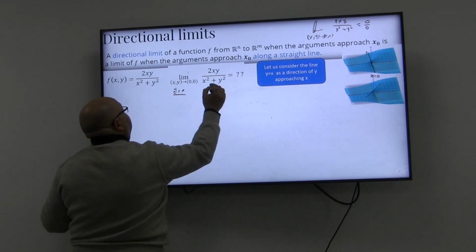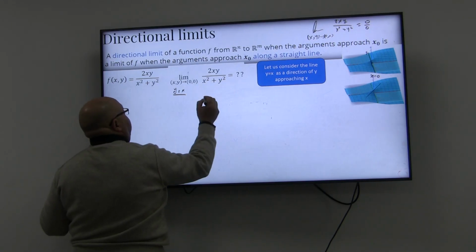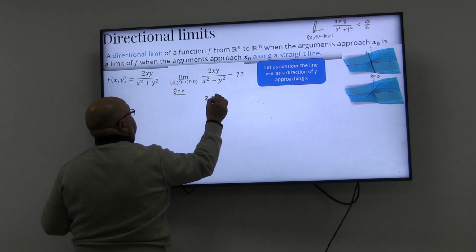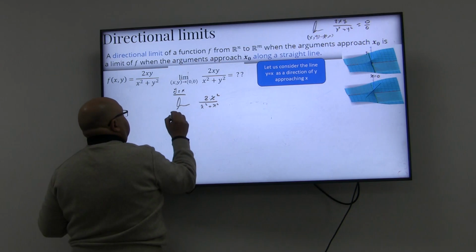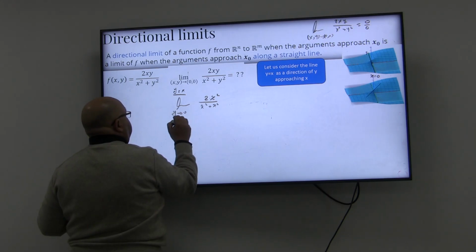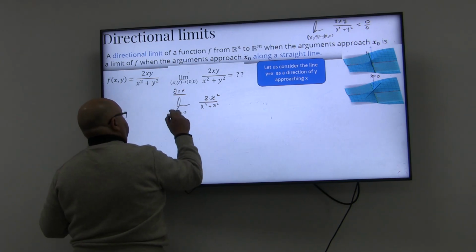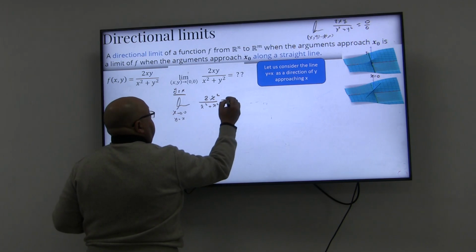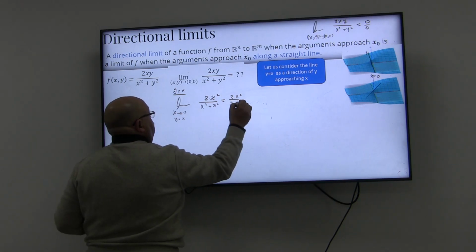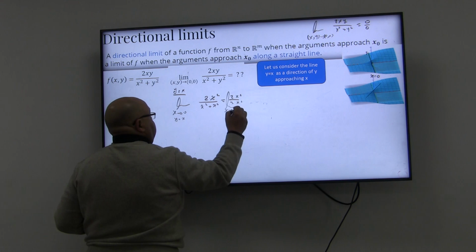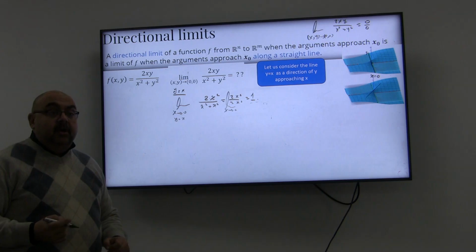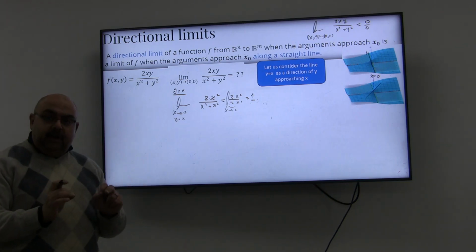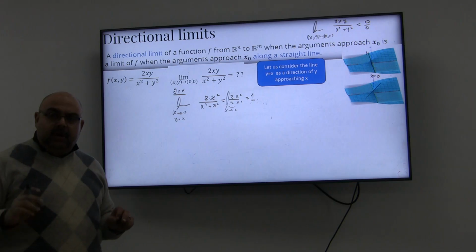Which means I can use a substitution. Every y I will replace with x. So it's going to be 2x squared divided by x squared plus x squared. That's the limit when y is equal to x, as you can see. I'm sorry, x tends to 0. So it's going to be 2x squared over 2x squared. That's the limit of x tends to 0, which is going to equal positive 1. So if I approach the origin using the line y equal to x, the result